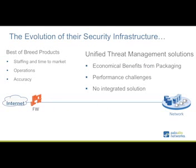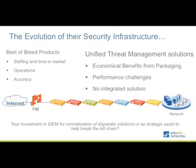So, I think that one thing that we've seen over time is companies have analyzed the threat and said, okay, well, we need to procure some technology to provide protection against that threat. And subsequently, most companies that we talk to today are dealing with this idea of technology sprawl,